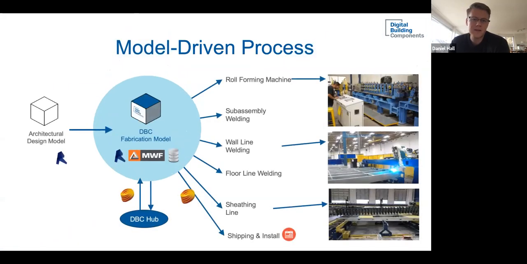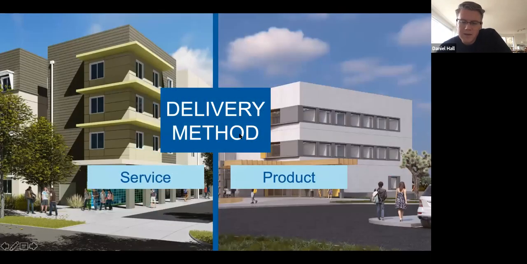And then here's kind of their overall process. So they might have an architectural design model done in Revit here, and then they're going to move towards a fabrication model. They've learned a lot about how they have to clean up that whole process. And then they're able to export it in different ways to different lines in their factory. So they have a wall line welding, they roll their own steel joints, they have sheathing, and then they have many different processes. I don't want to say too much because I'm not the expert here, but this is just from a high level, my understanding.